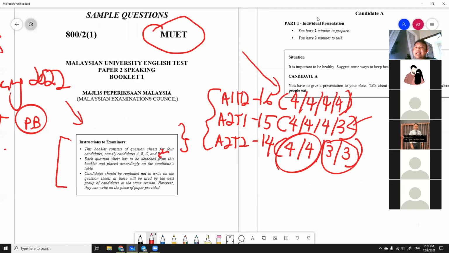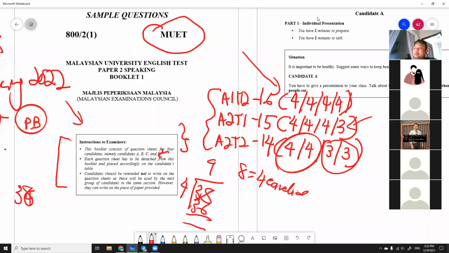Let's say on that particular date we have 38 candidates altogether. 38 divided by 4 members, so 9 times 4, 36. That means we have 8 groups which have 4 candidates, A until D, and then we have 2 groups which consist of